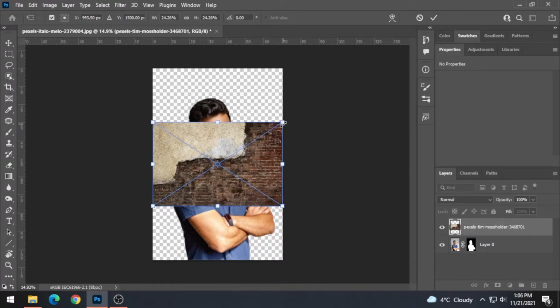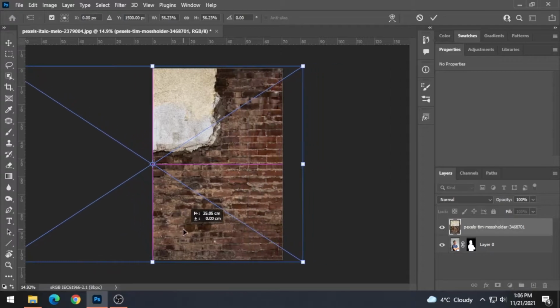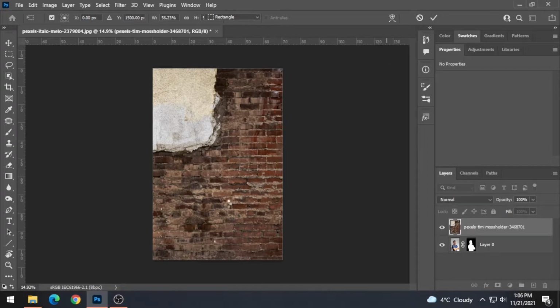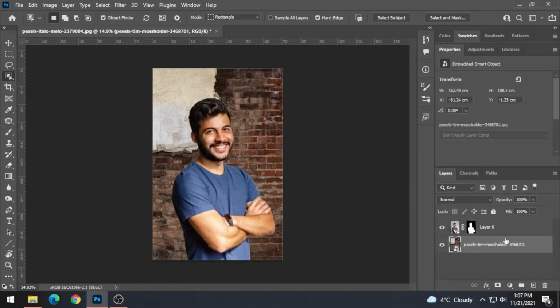What we can do, as usual, is make an adjustment to scale this thing, arrange it. And one of the nice benefits of working with this place embedded feature is that it's going to place this graphic as soon as you apply this little checkbox up here on the control panel, or hit the Enter key on the keyboard, Return. It's going to render this, and you're going to see it come in here as a smart object. So you're probably familiar with smart objects, meaning that they link back to their original PSB counterparts, and any modifications you make there will update in real time on the placed smart object. So I'm just going to drag this behind in the layer stack here, put that brick behind the subject,